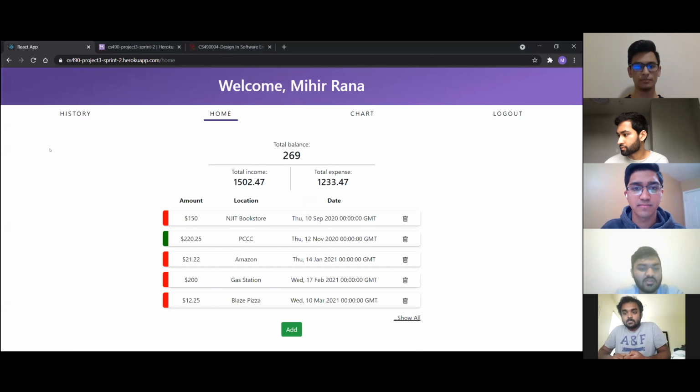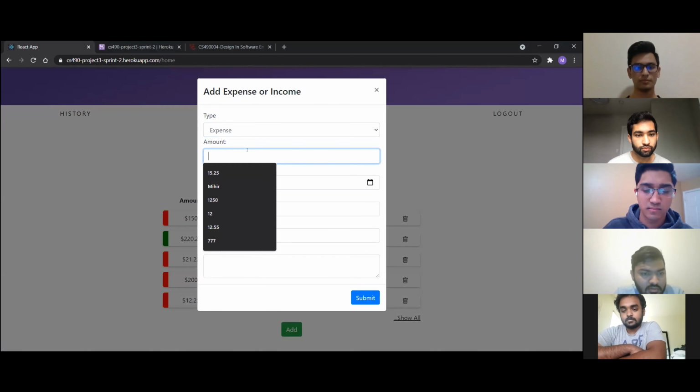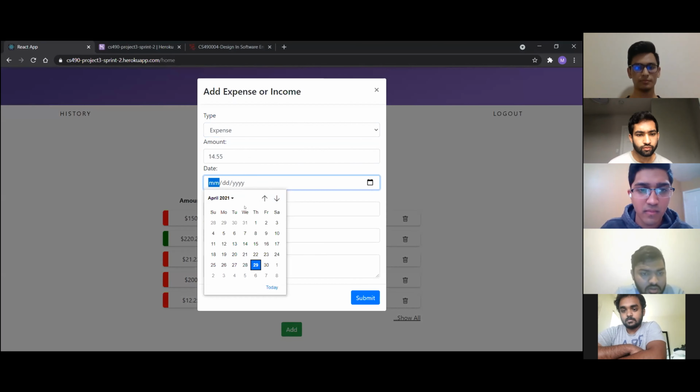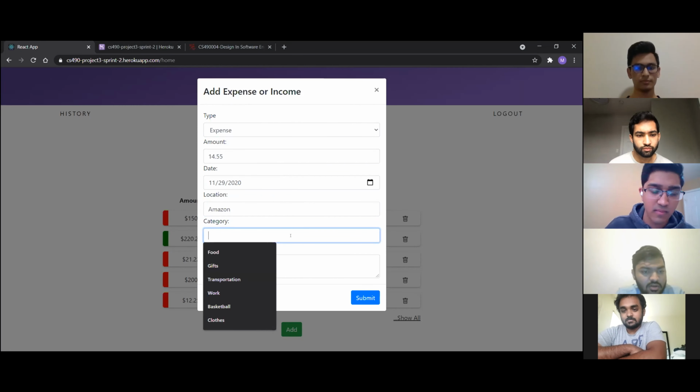So this is after logging in, you see this dashboard. You have your name up top, your income, expenses, and other options. Let's try adding one expense. Amount, you can put date. Location, Amazon, category, online purchase.